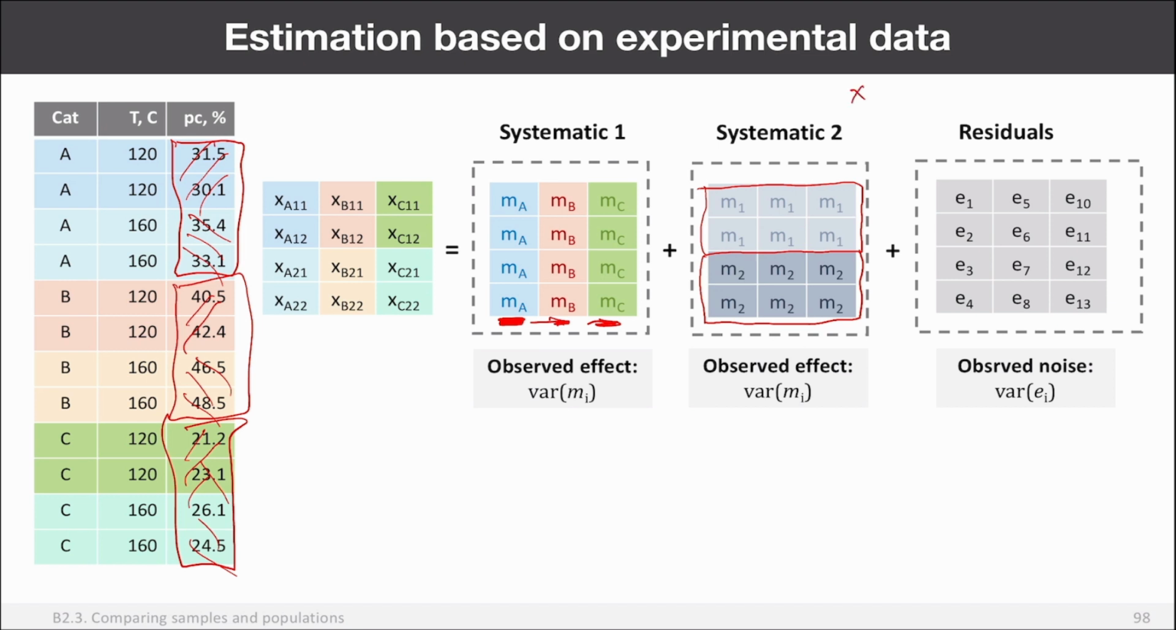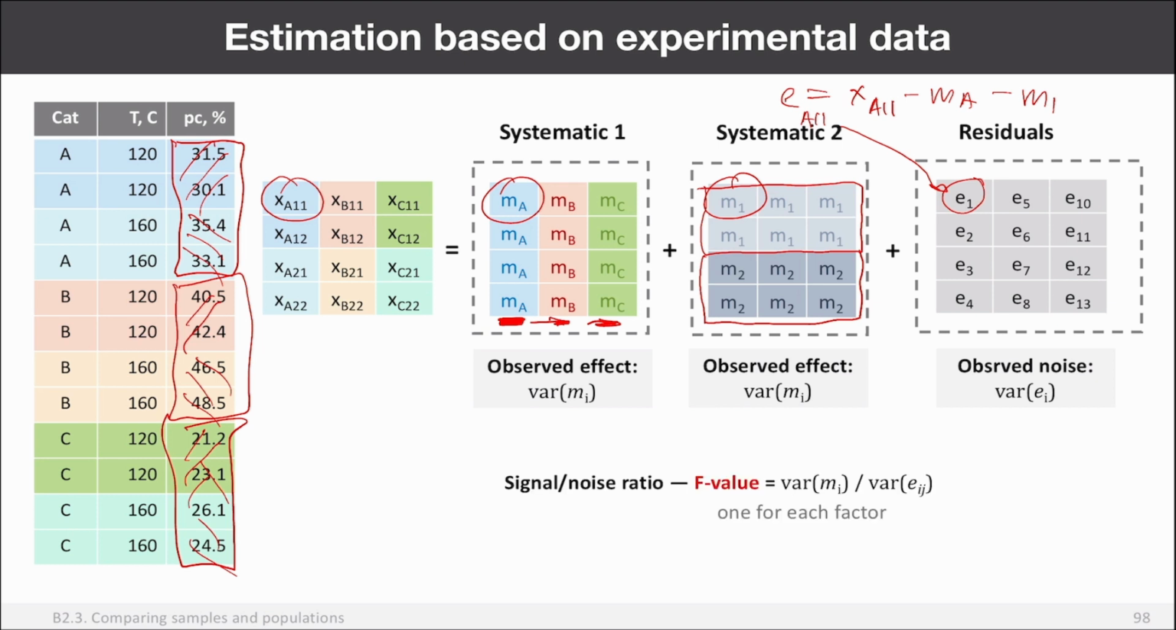For example, we take x A11, it's this value. Then we subtract this. Then we subtract this. And that gives us the residuals A11, which we have here, right? So this is it. Now we know that we can compute variance. It's our observed effect for the catalyst type. Variance of these average values will be our observed effect for the temperature, and variance of the residuals will be